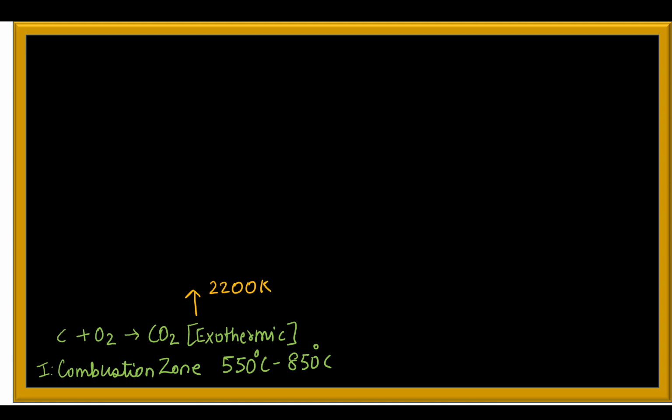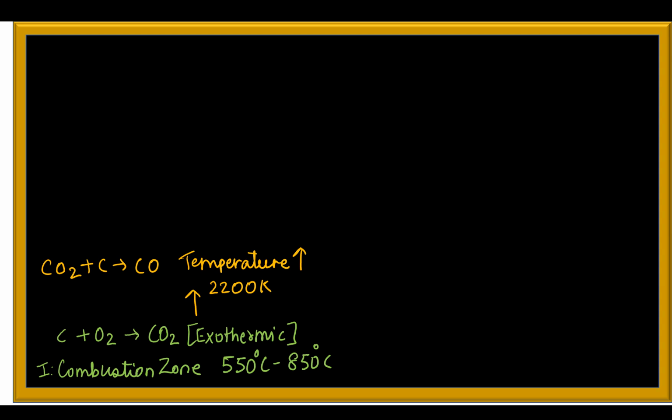Okay, and then so you've got the temperature increases, and what is the reaction that is happening over here? Whatever carbon dioxide was formed in the combustion zone is going to further react. That carbon dioxide is going to further react with more carbon to form carbon monoxide. So here you have the carbon monoxide gas formation. This is the second thing that is happening, and this reaction is an endothermic